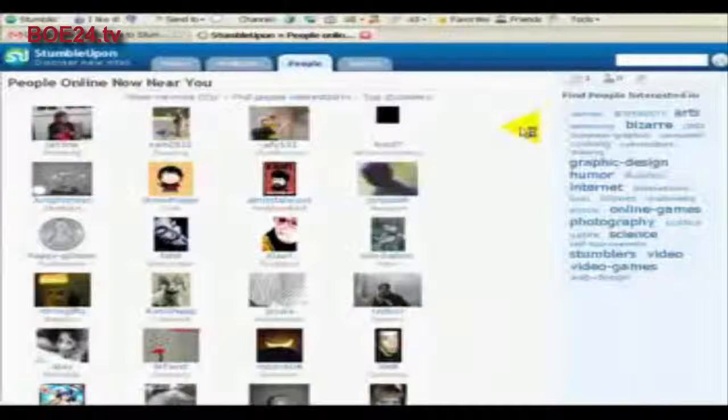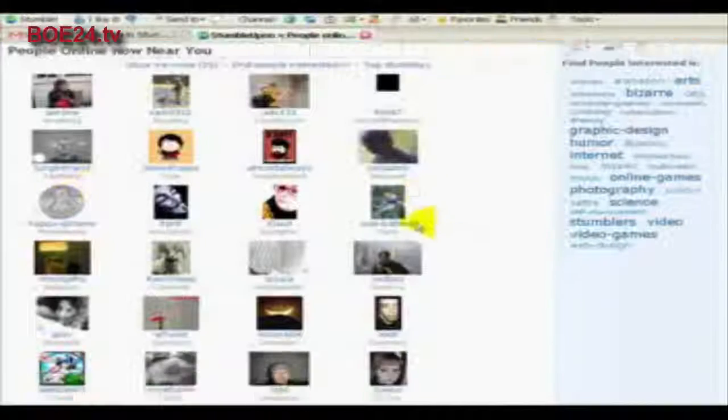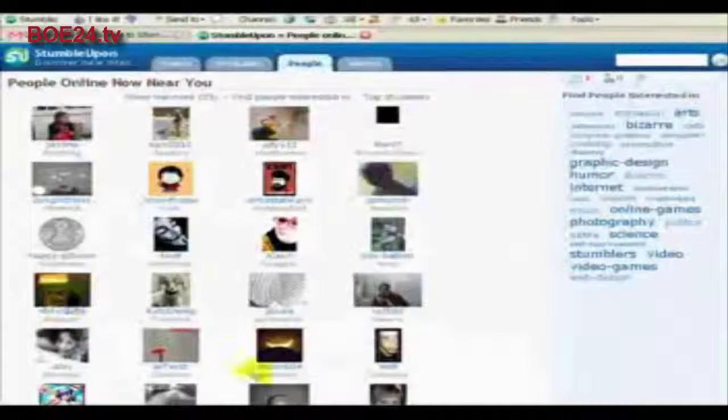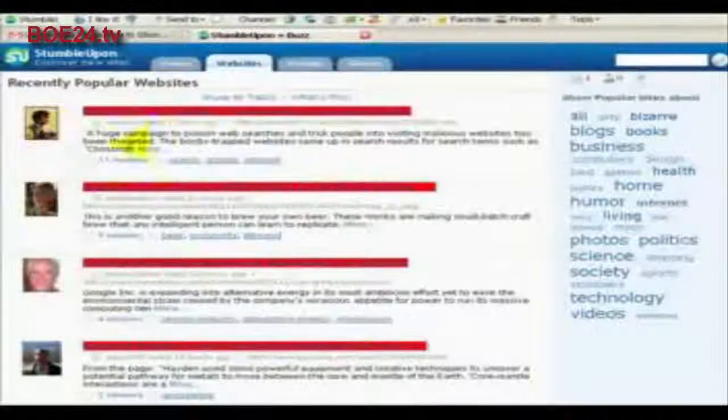The other cool feature here to StumbleUpon is if you click the People tab, it's looking whereabouts you are in the world. As I put, I'm in the UK. It's then starting to suggest other people that are online that are nearby, and if I wanted to start trying to network with some of these people, I might be able to go and look at their profile and contact them, etc. If I go to websites, then it gives me a different choice of recently popular websites. So we might decide to go look at, for example, the BBC site that's had 11 views. We click that